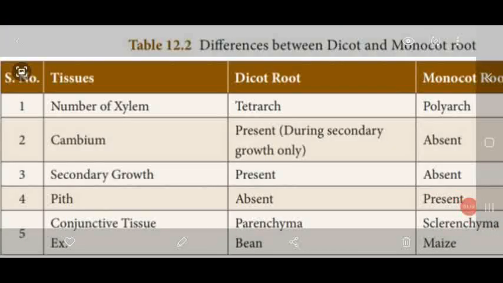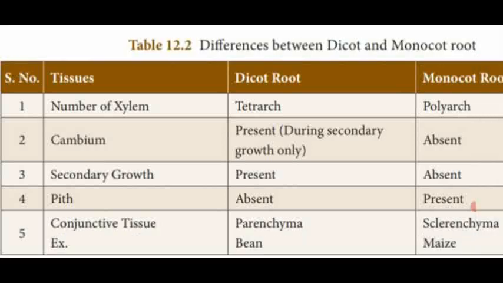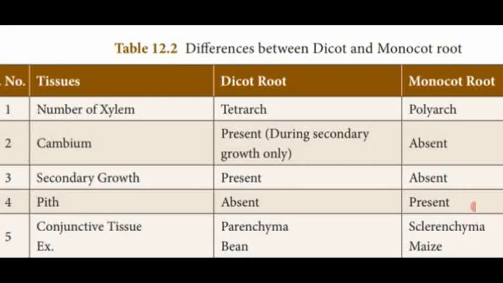Dear students, these are the differences between dicot and monocot root. First one, tissue: dicot root, monocot root. First one, number of xylem. In dicot root, it is tetrarch because it has 4 protoxylem elements, that is 4 vascular bundles. Next one, monocot root. In monocot root, they are having many vascular bundles, so many protoxylem elements are there, polyarch